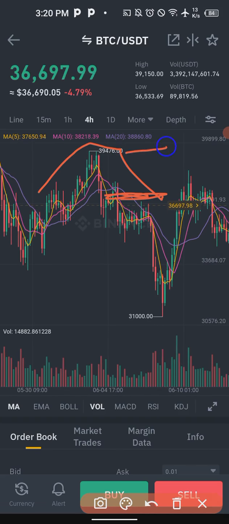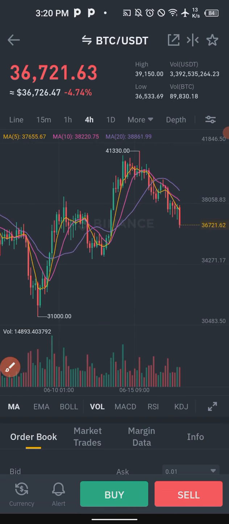So $39,000 is also another resistance level. Then this is the latest resistance level, $41,000. Now, knowing that the price thus far, apart from the highest, which was 41,000, we have been struggling between 41,139 as the main resistance level, and for the support level we have been struggling with 31,130 as the lowest support